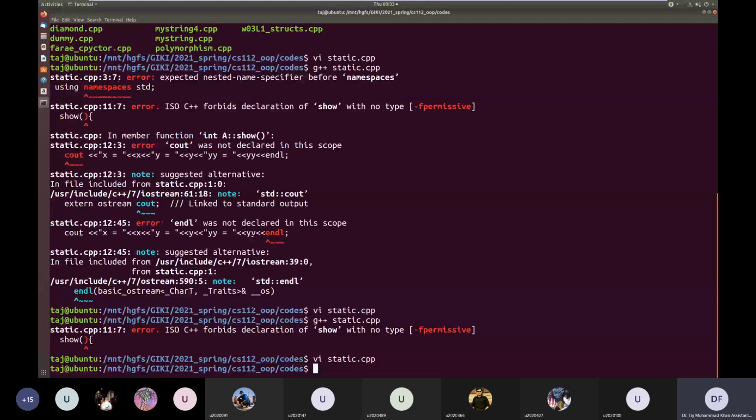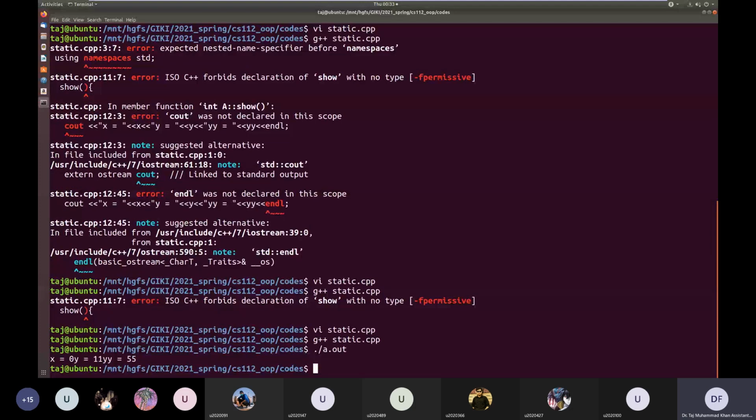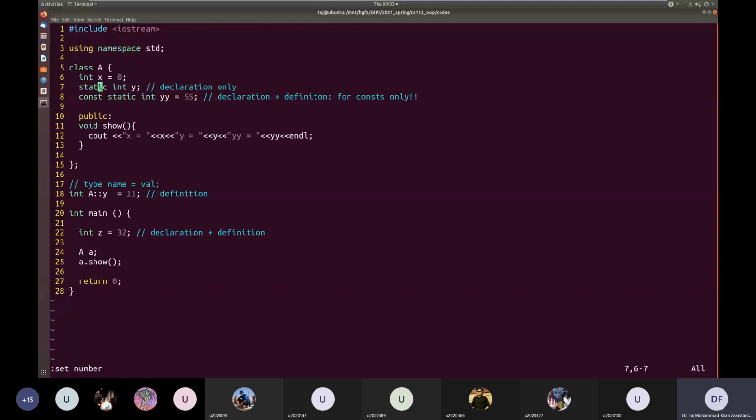So x is equal to 0, y is equal to 11, and y is equal to 55. Static member variables can be defined inside the class only under some special circumstances. One of those circumstances is if it's a constant integer value, then it can be defined inside the class, just like for y. Otherwise, if I do it like this, and I comment this one,